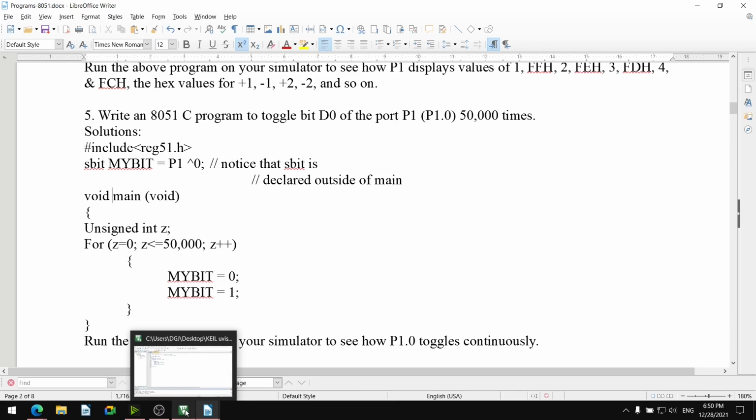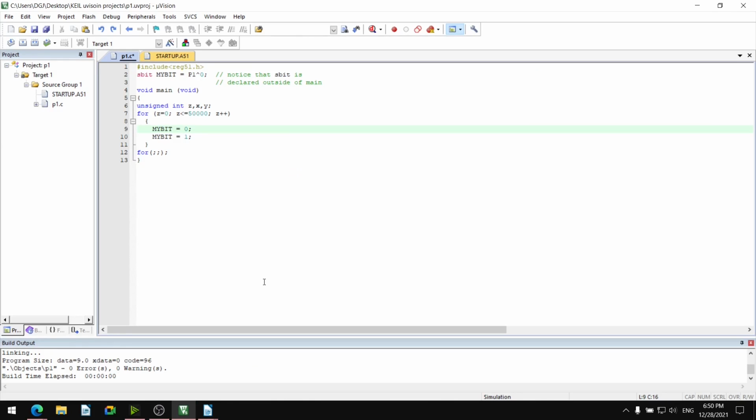So let us go to Macrovision. Save the program, build it. Zero error, zero warning.